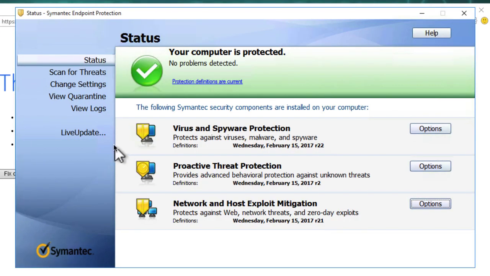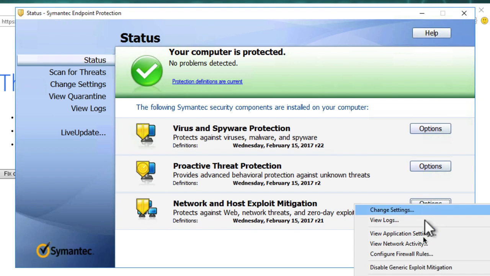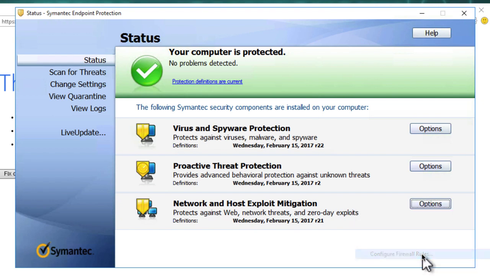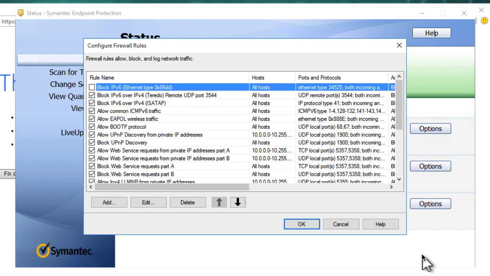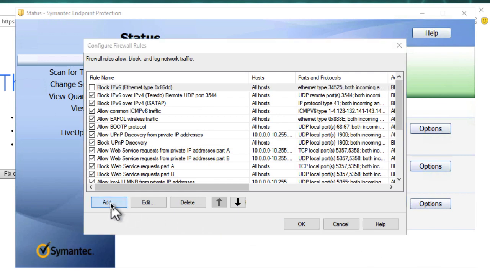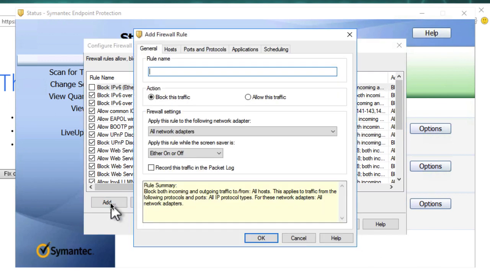On this specific location, if we go to network and host mitigation, we have the ability to configure firewall rules. This was not there before. So now we're going to add a new rule to allow the communication to the web portal. That's something that should override the settings that are set centrally. The rule name,